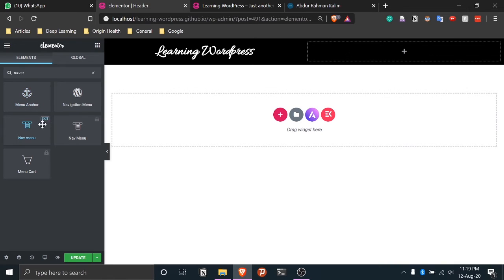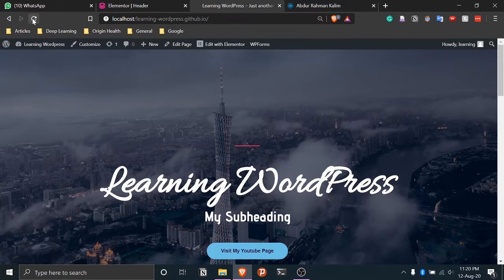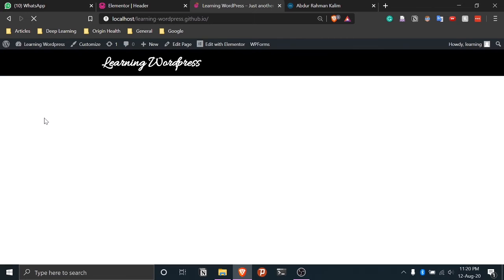Okay, now here we want to add the menu, so what we do here, we'll search for menu. Okay, so you can see this EKIT nav menu. So there are two nav menu. One is this, so this one has this locked symbol here. We can't really use it because this is available only in Pro. So as I told you, we are using a third party which replicates the same thing, and this is available for free. This is from the EKIT Elementor kit something. So we just pick and place it here, and so now our menu is ready. So if we update this and we refresh the page, we should be seeing some changes.